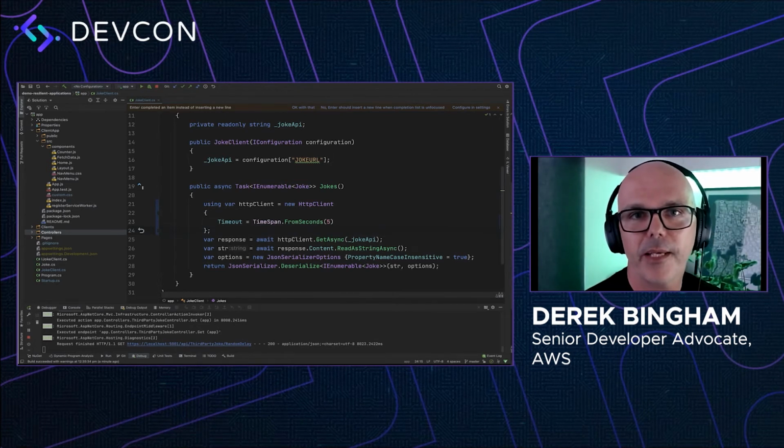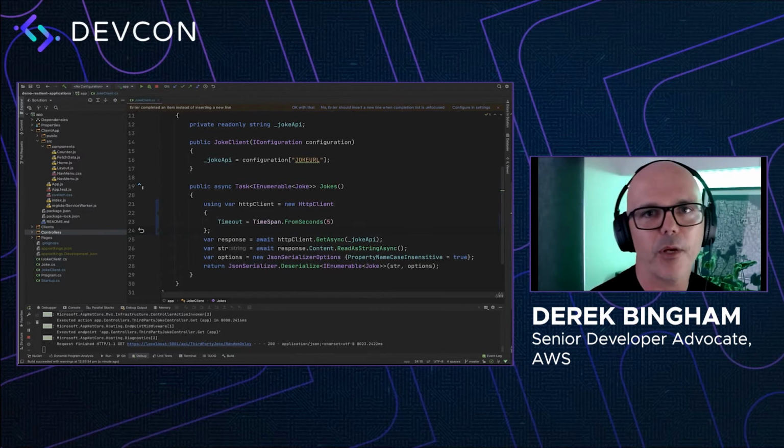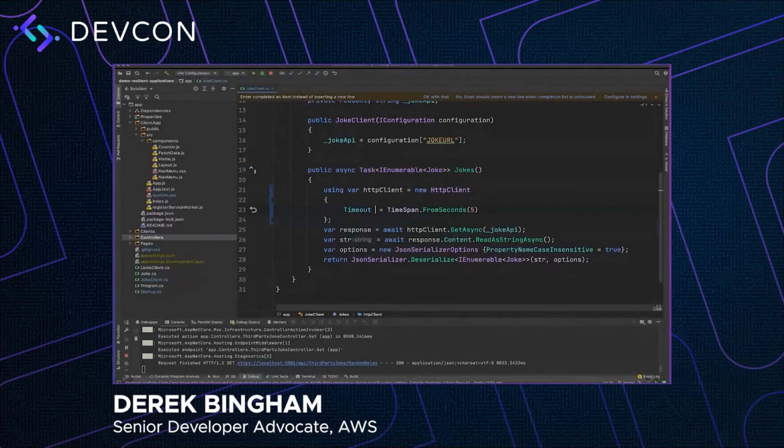So how can we make that timeout a bit more granular, i.e., in different parts of the request the client sends to the third-party Joke API, we can put timeouts in that. So that's what I'm going to talk about in pattern 1A, which is improving timeouts, how to make those timeouts more granular and give you more control to make sure that your application is resilient and behaves. So this time I'm going to